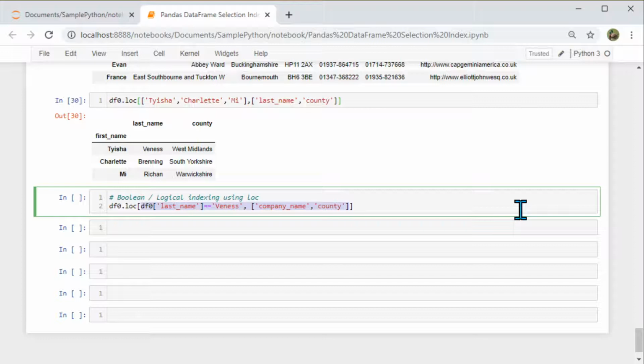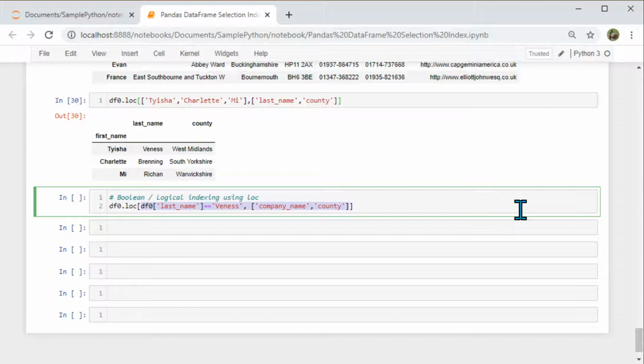Then it's going to check every row in the data frame and return true only for one row. Because I specified only one name, it's going to search for that and say false, false, false, then one true, then again false, false, false. So it's going to pull only one record.